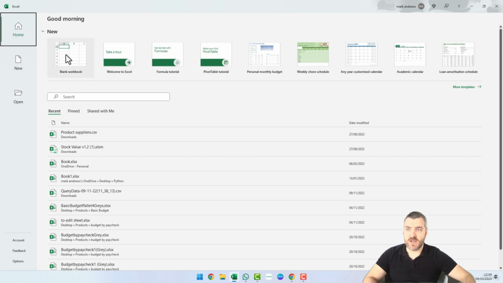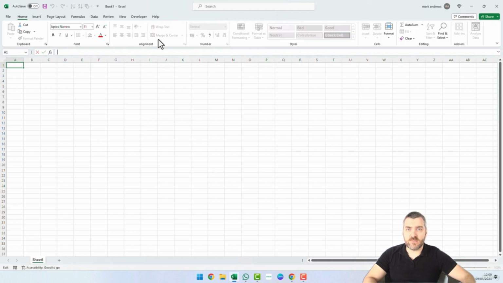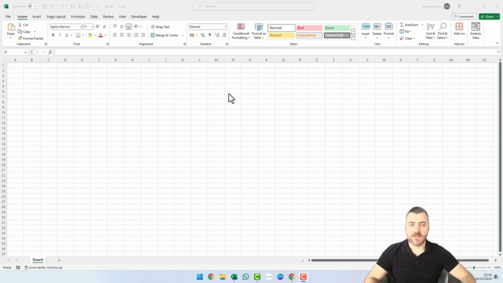we've got the home, and we're just going to double click on the blank workbook. Once you open up the blank workbook, you can see that you're presented with your Excel screen here, and we'll start to break this down so that we can understand this more and all the different things that we need to look at. So once we're into a new workbook, then what we're going to start to look at is